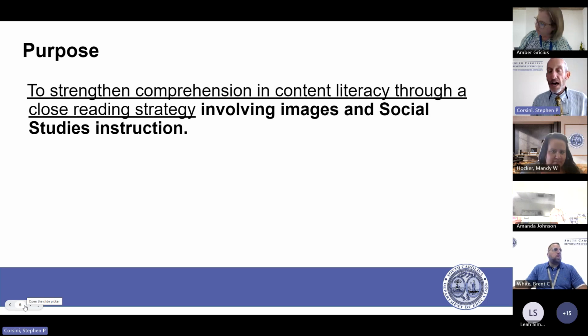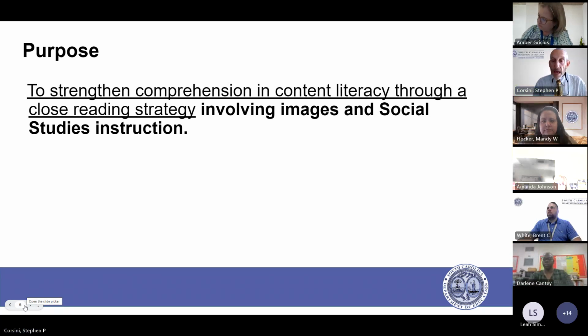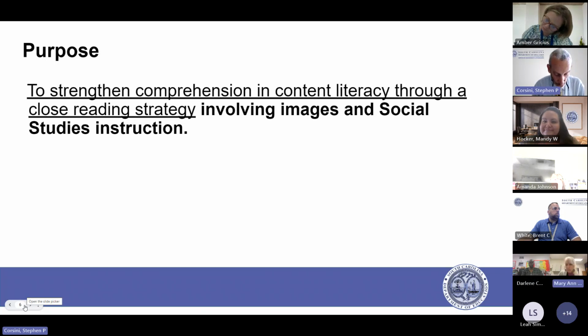So today we're going to focus on one type of text, which is an image, because in social studies, we want our students to work with a variety of sources of evidence from a variety of different perspectives. And this strategy will allow us to work with different types of text in social studies while giving kids opportunities to use those disciplinary skills that are embedded in our indicators. Again, our session today is going to focus on images as that evidence source, and we're going to put a little plug in for a future webinar that will go deeper into this strategy with different sources as they apply to social studies.